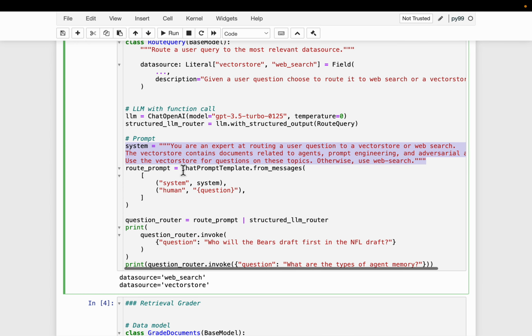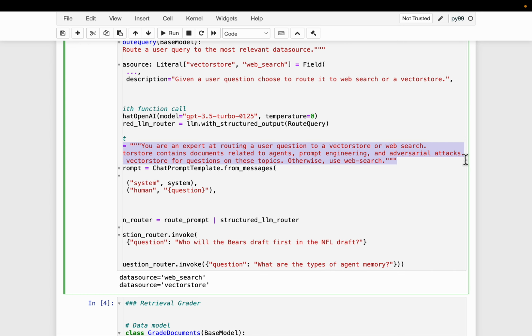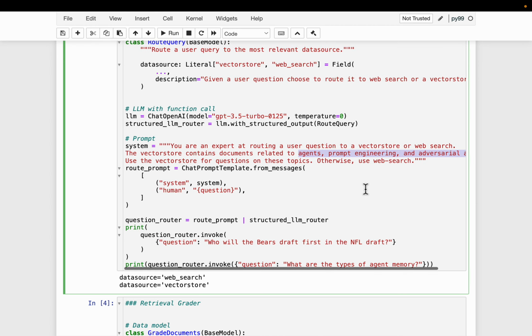The vector store contains documents related to agents, prompt engineering, and adversarial attacks. This is the most important part. We should clearly define what our vector store contains, and only then can the router decide whether to route to the vector store or not. Use the vector store for questions on these topics, otherwise web search, because we have only two options here.